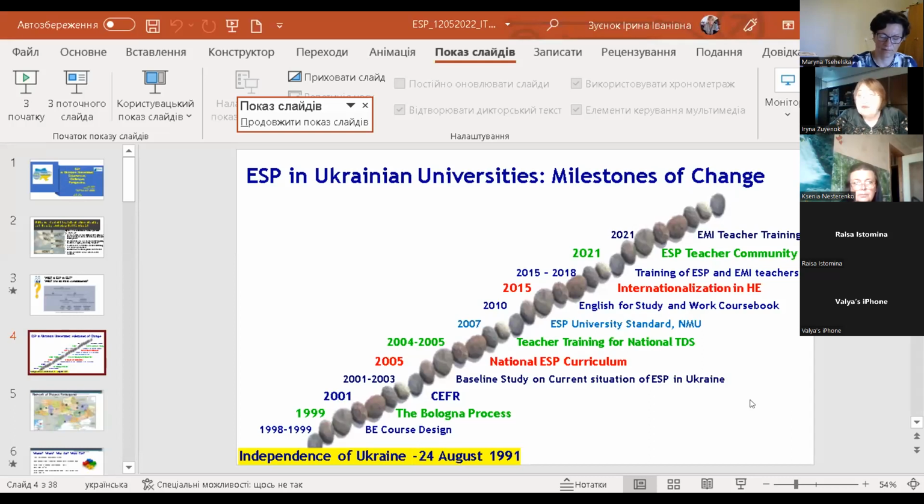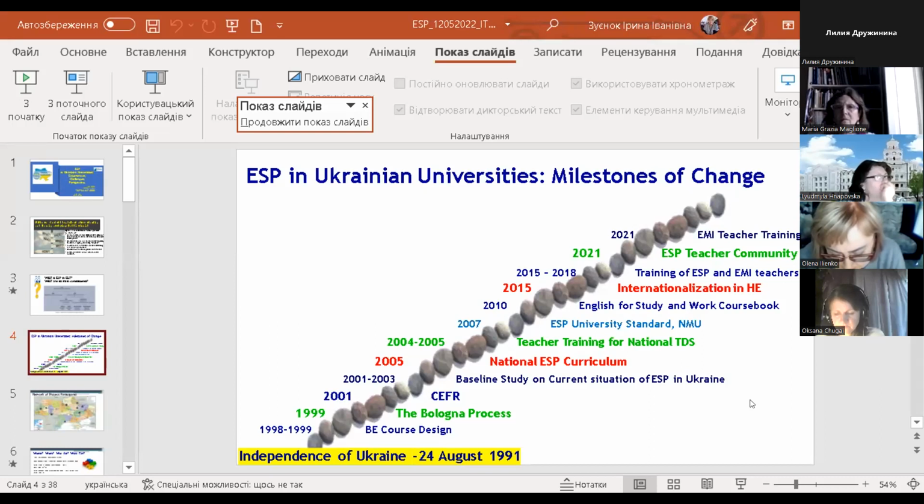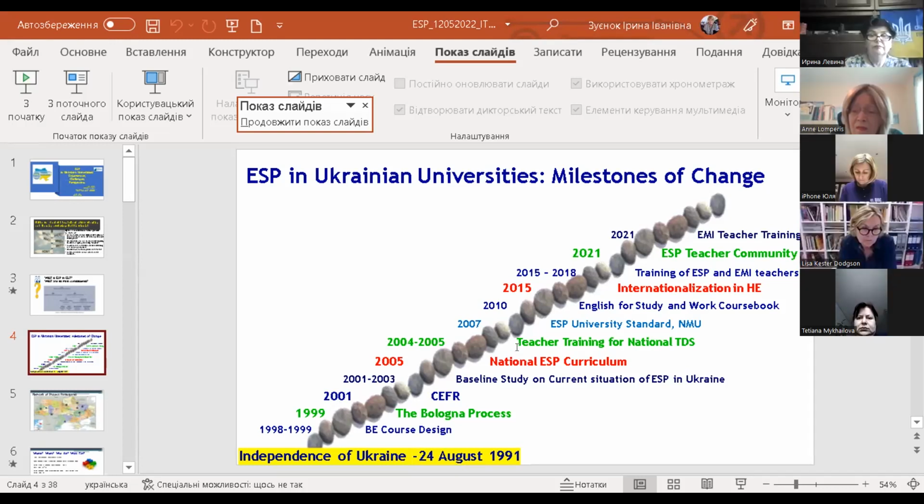organized various conferences where we reported on each stage we were doing. And I would like to express great gratitude from the Ukrainian ESP teachers to Turot Balaita and Mike Scully, who are real experts in ESP, who were with us from the baseline study, and even till now we are staying in touch. We do not need their consultations right now, but nevertheless we still keep in touch. So the national ESP curriculum appeared, but there was a need for teacher training to do it